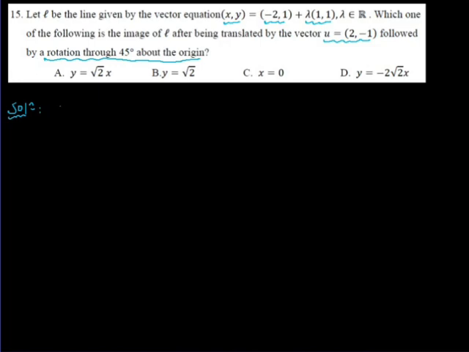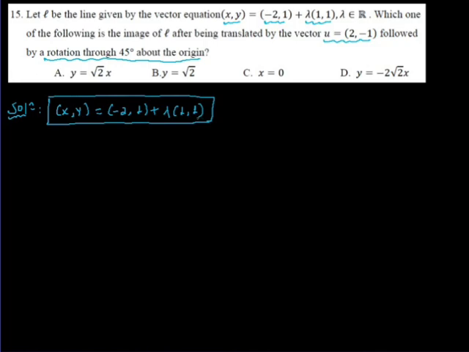Okay, here what is given? The vector equation of the line is given, (minus 2, 1) plus lambda into (1, 1), where lambda is an element of the real numbers. This is the vector equation of the line. Now the question is, what will be the image of this line after it has been translated by this vector followed by the rotation through 45 degrees about the origin? So we are going to do two things. First, we will translate it by the given translation vector, and